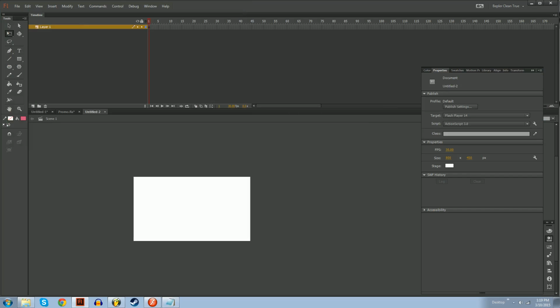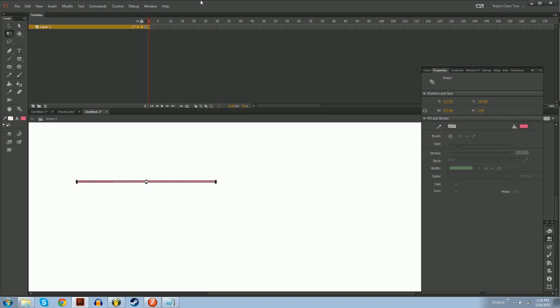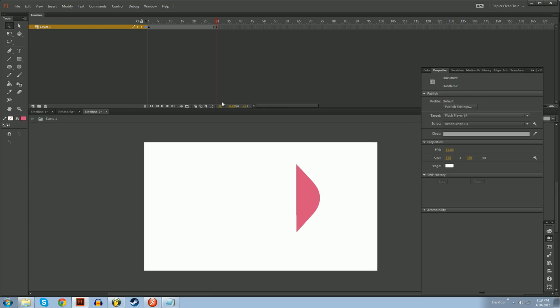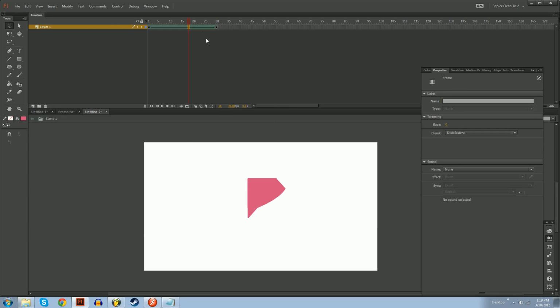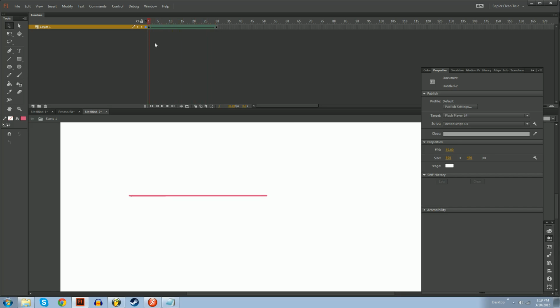Hi. My name is Bepler, and I'm going to attempt to tackle this. So you got a line, right? And you want it to turn into this line. Okay. Just shape tween it, right? Oh no. You can almost guarantee that a shape tween will never work the way you want it to. So, if you want to try,